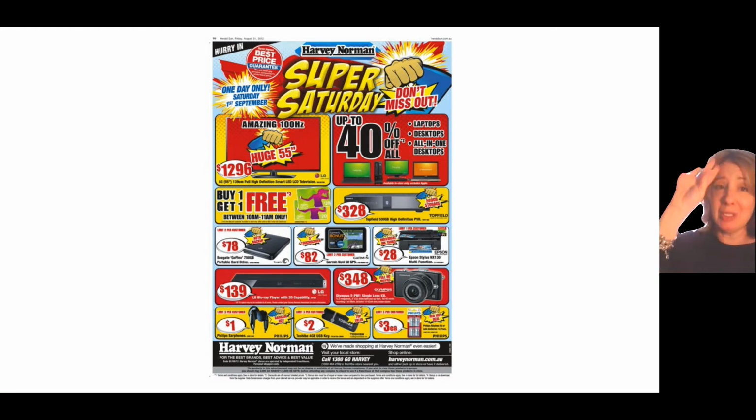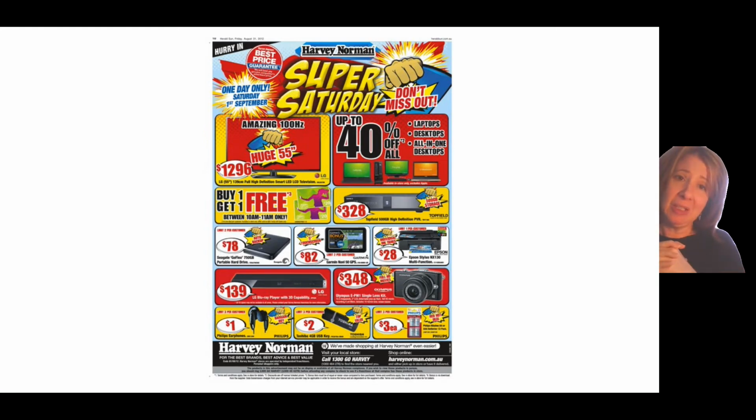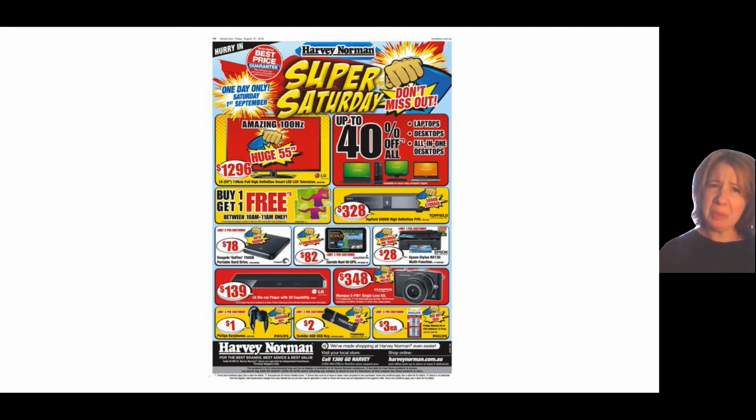This is the kind of ad that you'd be used to seeing in the newspaper. You know, that old school thing that's actually paper. Harvey Norman takes out the front and back page of all the Sunday newspapers. And this is the kind of thing that's product price. There's no creative idea. It's getting a message across if you're interested in what it is that they're offering. Yeah. If you're not, it's really easy to ignore.